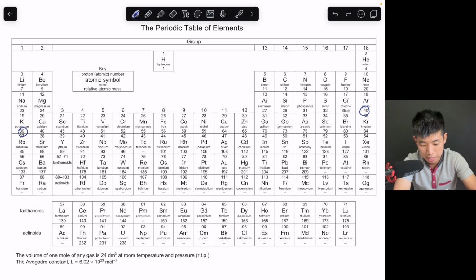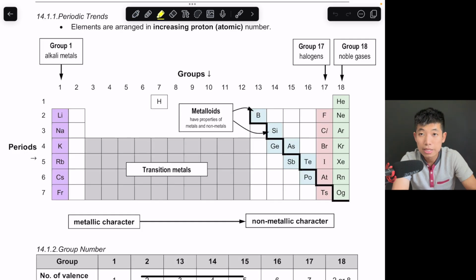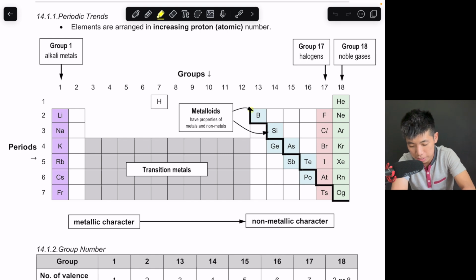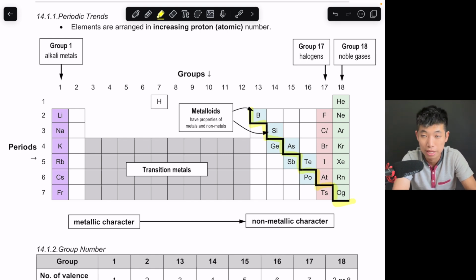You will also notice that there are elements with a dash in terms of their relative atomic mass. These are elements that have no stable isotopes. For example, technetium is actually a man-made element. You also have learned that there is this step line that divides the metals and non-metals in the periodic table. Those on the left are what we call metals, and those on the right of this line